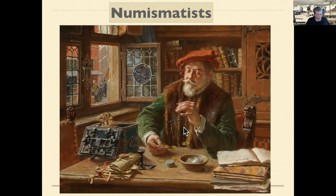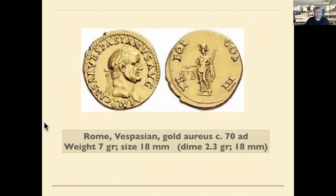And the purity of the silver or gold or copper or bronze is essential to the purchasing value of the coin in antiquity. Then there's a matter of aesthetics. Here we have a golden Aureus, a Roman minted coin during the reign of Vespasian. You can see this portrait of Vespasian. He's highly recognizable, but in any event, you can see right here